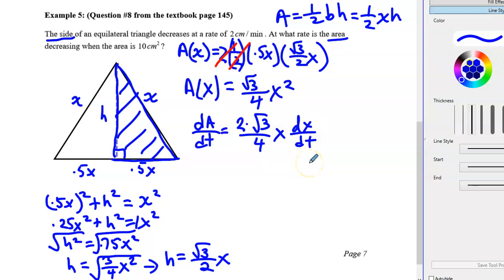Okay, and so now I'm ready to use this. I do need to find out one other piece of information. I do need to know what the value of x is at the very moment that they would like me to figure out the rate of the change of area. So it does tell me that at this very moment in time, the area is 10 square centimeters. So I can use this formula for the area of the triangle and figure out what the x value would be when the area is 10 square centimeters. So sub in 10 for A